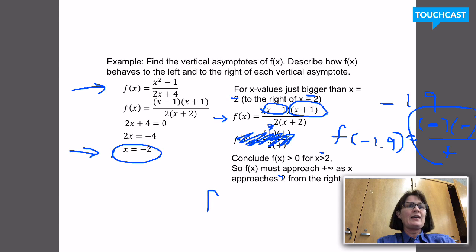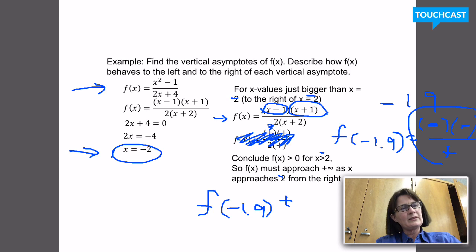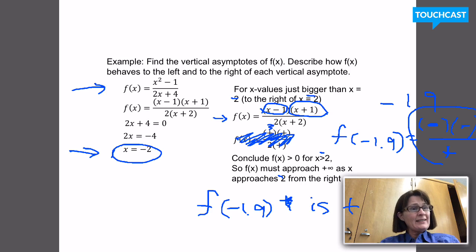That tells me that f of -1.9 is positive. And I know if there is a vertical asymptote at x equals -2, then as I approach from that right-hand side,